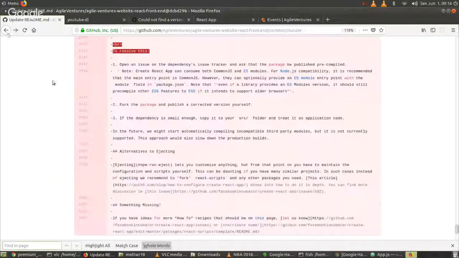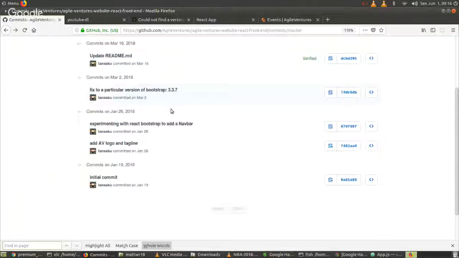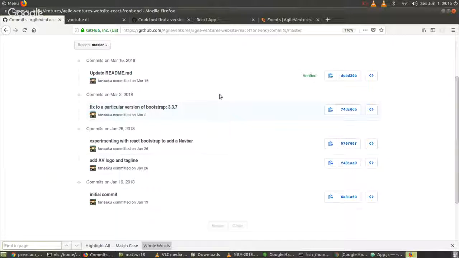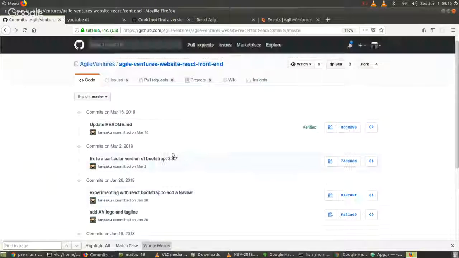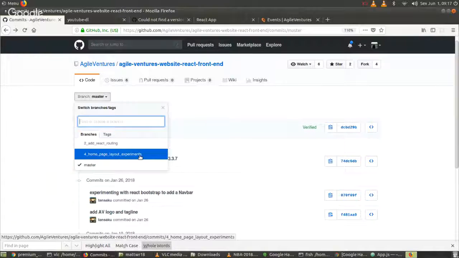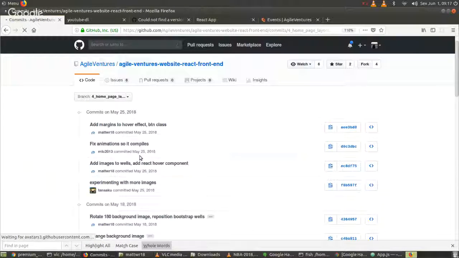Let's see what else they have in the commit history. Fixed a particular version, experimenting with React, Bootstrap, add AV load. The thing is, as well, I don't even think it's on this branch. I think it's on this branch here. Yeah, this is the